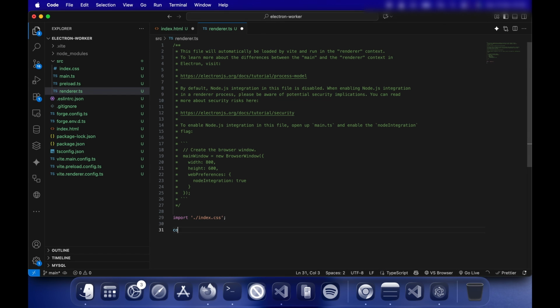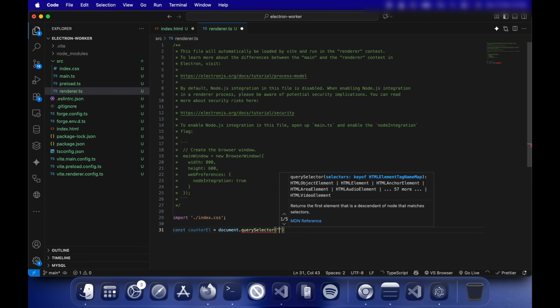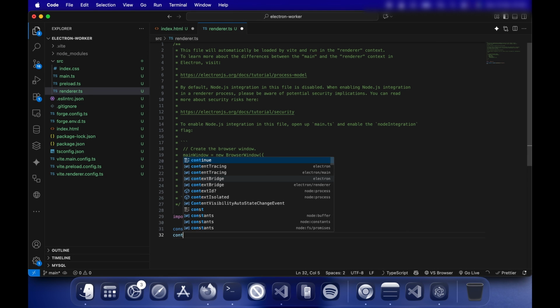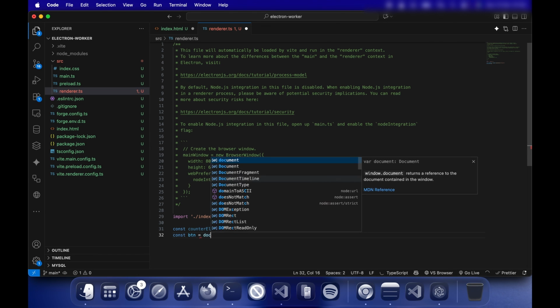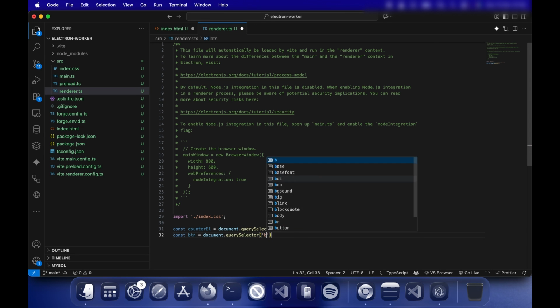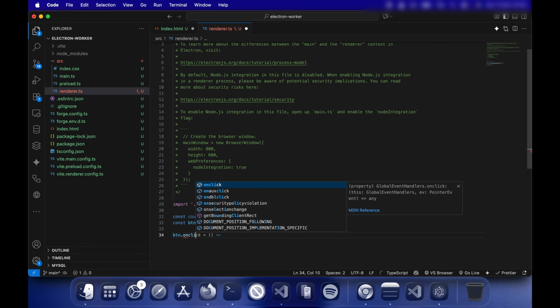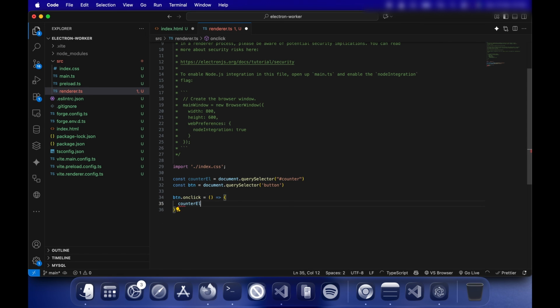Now let's select the counter: const counterEl equal to document.querySelector counter, then the button equal to document.querySelector button, then btn.onclick, then that's going to be counterEl.textContent equal to